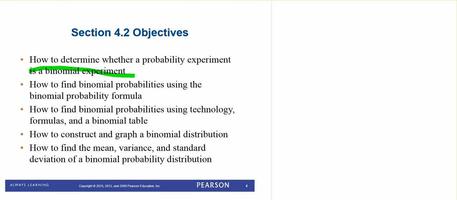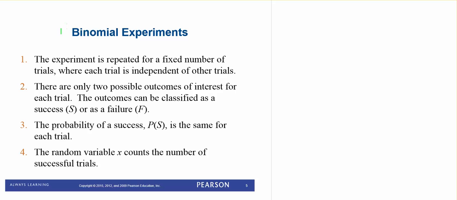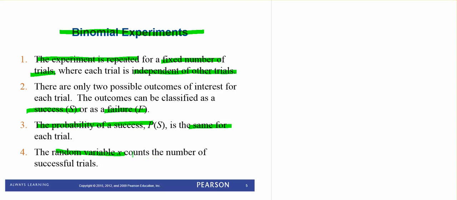And so we're going to take a look at what makes a binomial experiment. The experiment is repeated for a fixed number of trials, and each trial is independent of the other trials. There are only two possible outcomes of interest for each trial, and you can classify them as a success or a failure. The probability of a success is the same for each trial, and the random variable counts the number